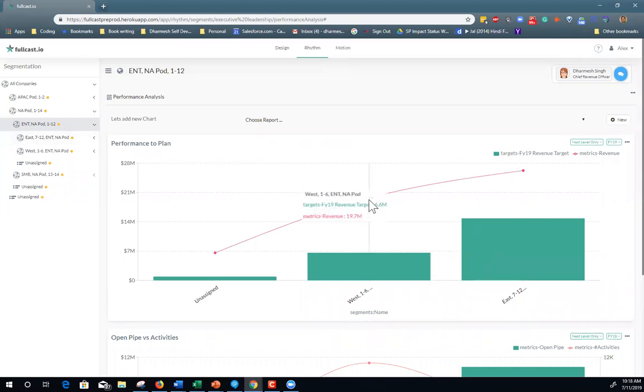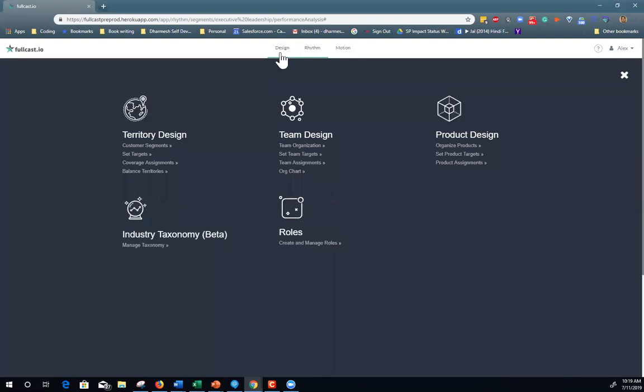Right? And so if I have a question about how the West region is doing, or why these accounts in this enterprise segment are unassigned, I see this is the data quality part. I'm actually seeing that I've got a bunch of unassigned accounts right now in my enterprise North America pod. That's how I've broken down my territory. And I'm seeing the impact of those unassigned accounts on my current revenue target, which is 910K. The revenue out here shows it's only about 6.6. So immediately I can jump into my territory design.